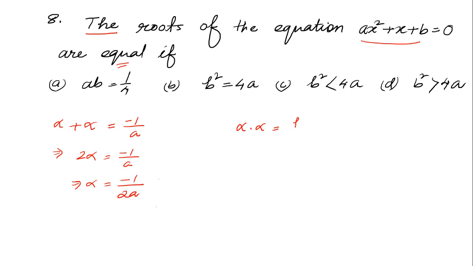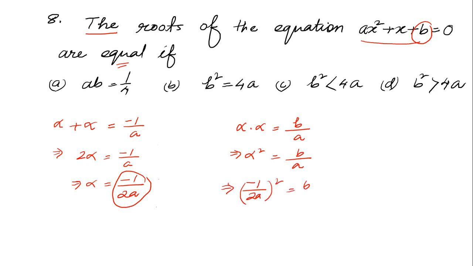Again alpha into alpha, okay, the product of the roots is equal to c by a, but here in place of c, b is given, so we have to write b by a. Then alpha square is equal to b by a. The value of alpha that we got here is minus 1 by 2a, that will be put here, minus 1 by 2a whole square is equal to b by a is equal to